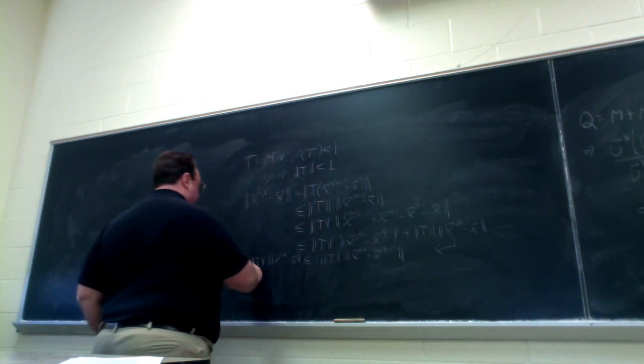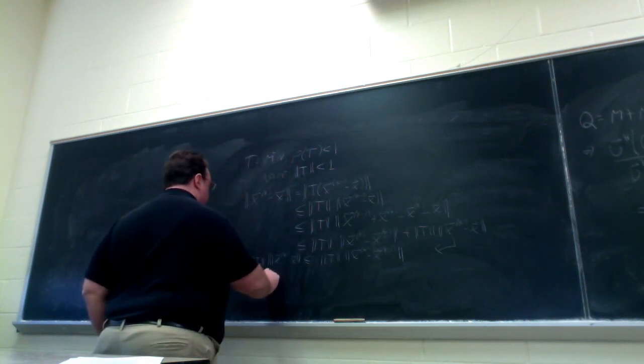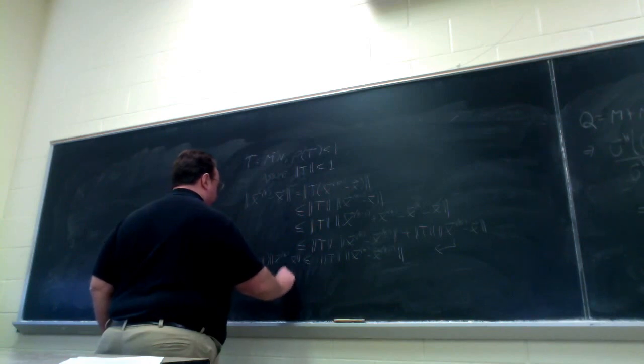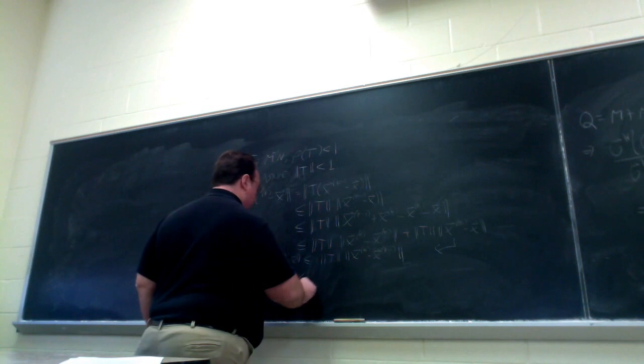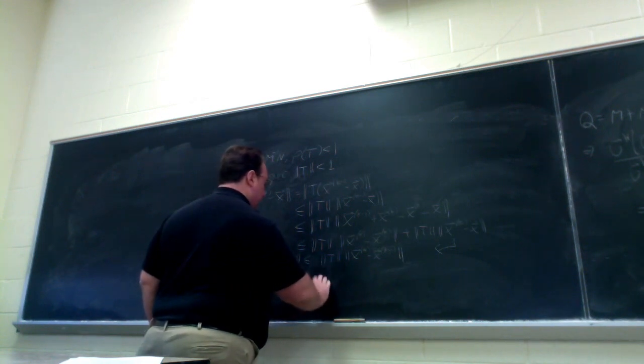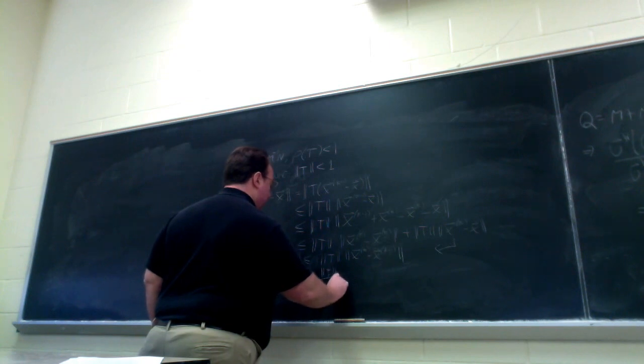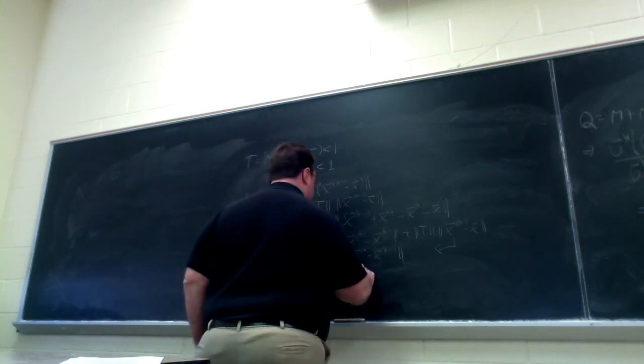So now I simplify this. The error after k iterations, I may not be able to compute that, but it's bounded by the norm of T over 1 minus the norm of T times the difference between